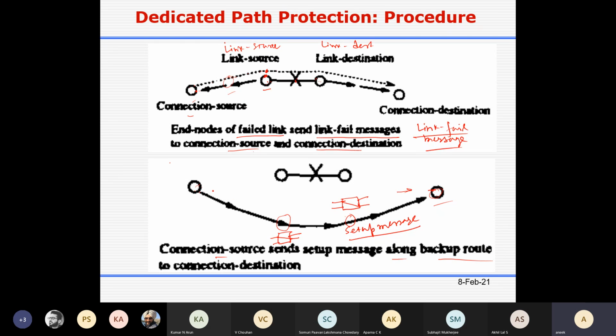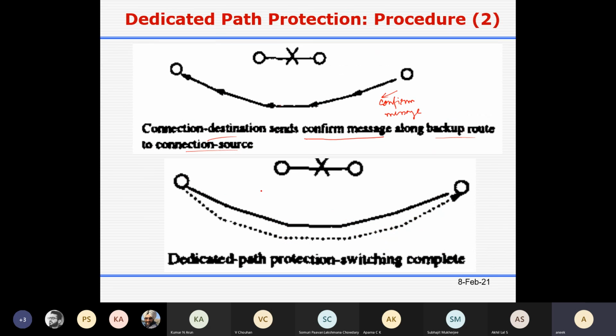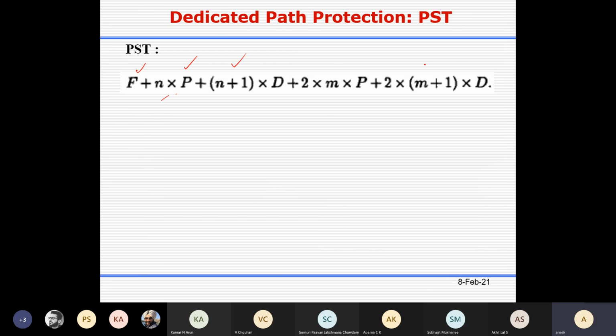That is (m plus 1) into d, the processing delay, plus m p, the propagation delay. (M plus 1) into d is the processing delay for one side, and that is the reverse transmission. So that's why there is a 2.